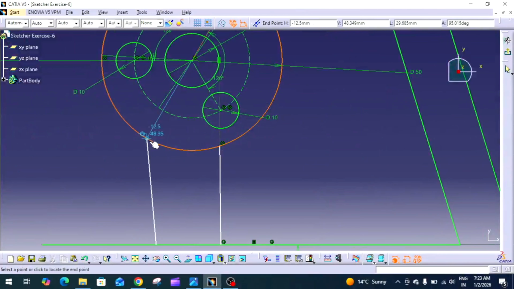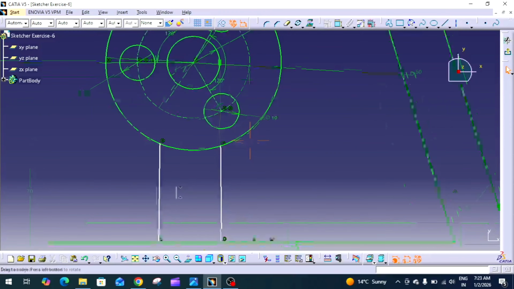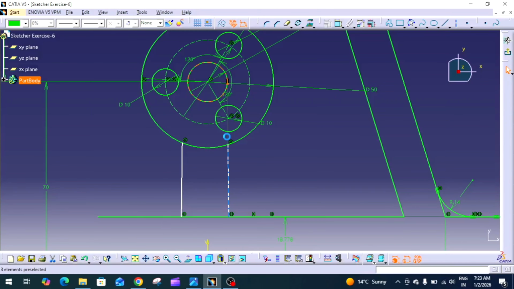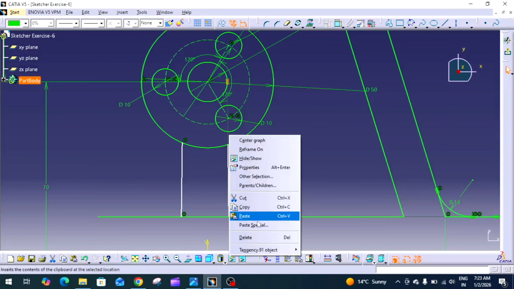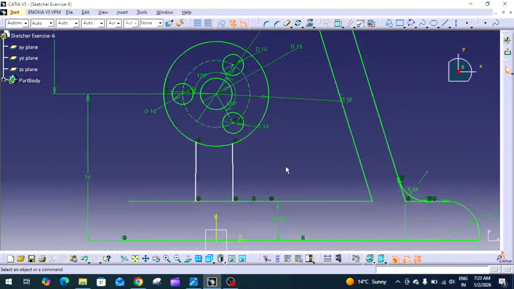Here you can see these are connecting with others automatically, so don't connect these with others. Here also it is connected with tangent to this one, so delete this tangency, otherwise it will create problems. Okay, and